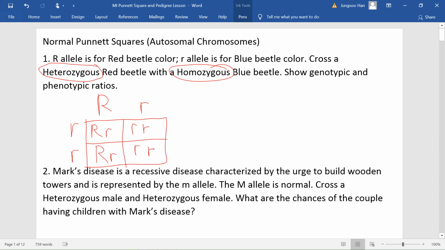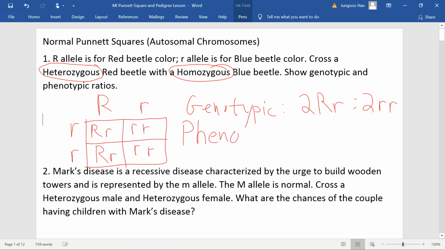Okay, so the genotypic ratios. We just look at what's in the Punnett square boxes. There are two big R, little r's, and there are two little r, little r. Genotype refers to the alleles inside the Punnett square. Phenotype refers to the traits. So the phenotypic ratio,